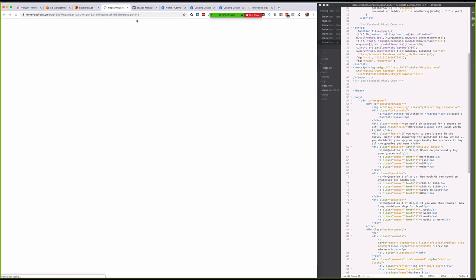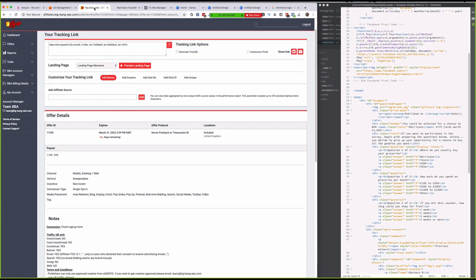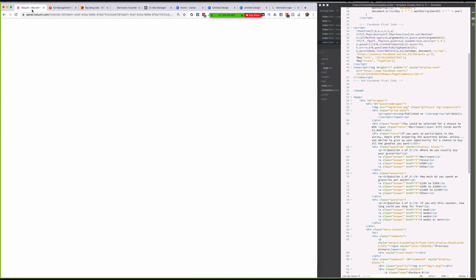And this is important, guys. Whenever you're setting up your campaign, always double check at every step. Very important. All right, so that is the right lender. So we can win a £1,000 Morrison gift voucher. Cool. So I will just grab that URL, head into my volume account,